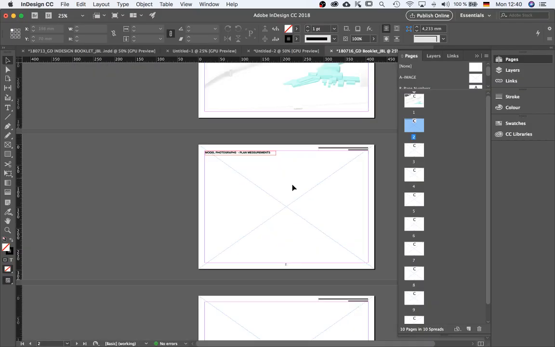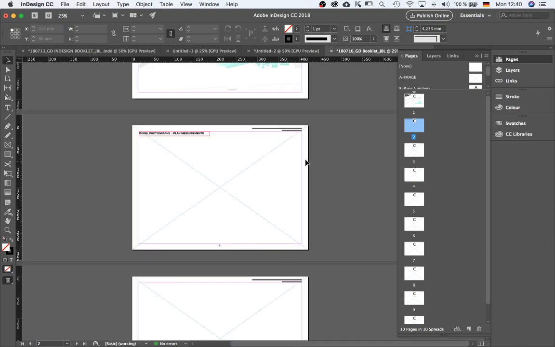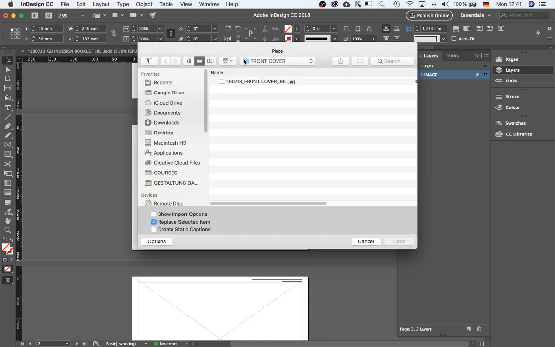Okay, so maybe on your first page you can have model photographs and plan measurements. Here I don't actually want a full view of that page, so I might just create a new object frame on my image layer. Oh, it's because it's locked. There we go. Okay. And then I'm going to just place my